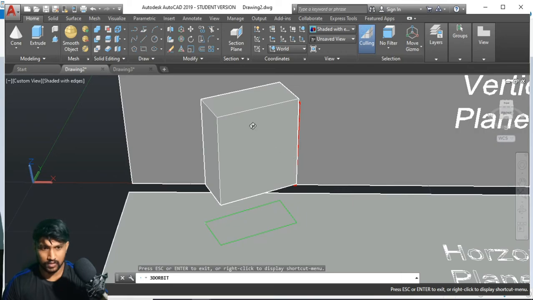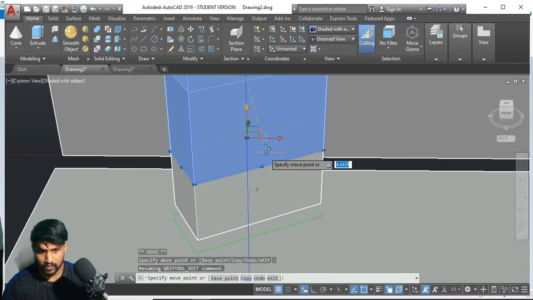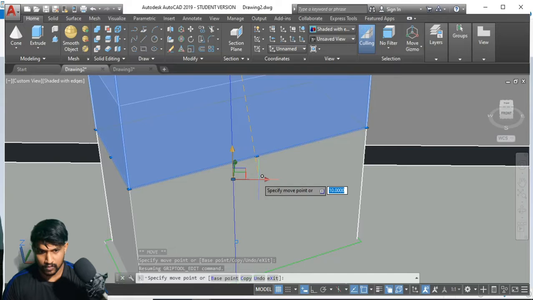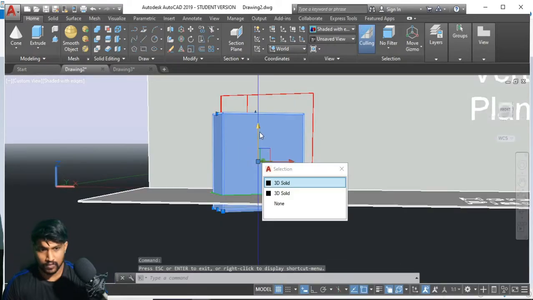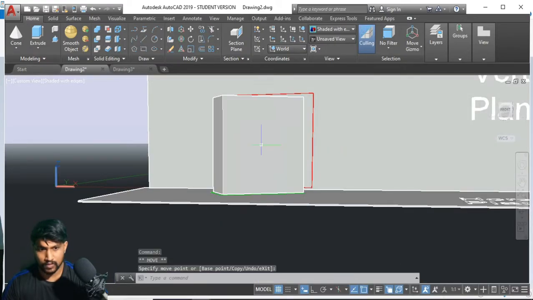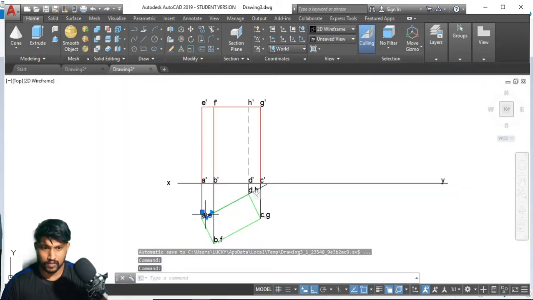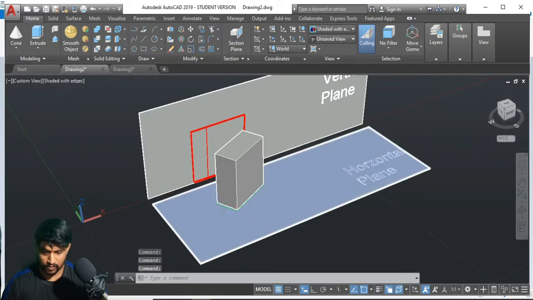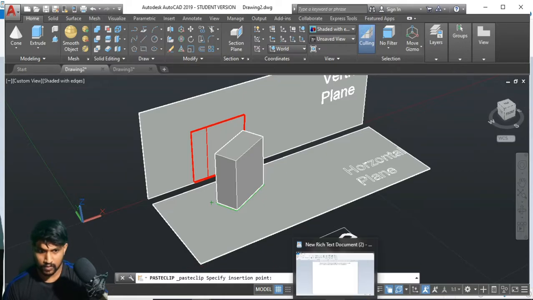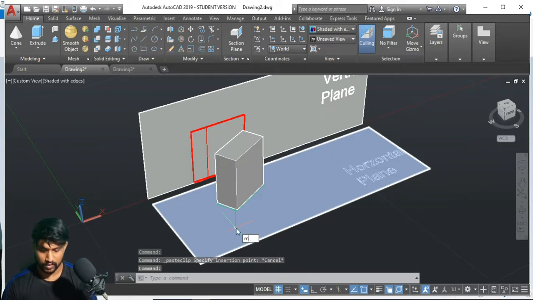So this one can be, okay, so A dash, just point to anything.